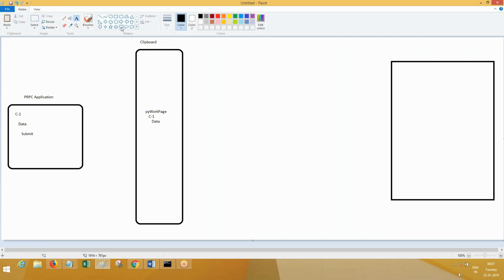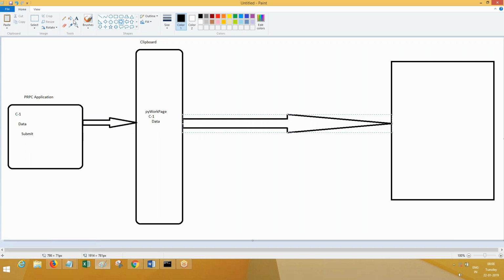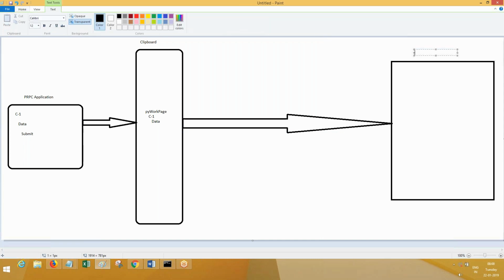Now the data will be posted from the PRBC application to the clipboard, and from the clipboard it has to go to a table. Which table? Generally the work object data table. You can call it a work table. Simply, the work table will have details. Let's say one column is PYID, and the column where data gets stored is PZPVSTREAM.